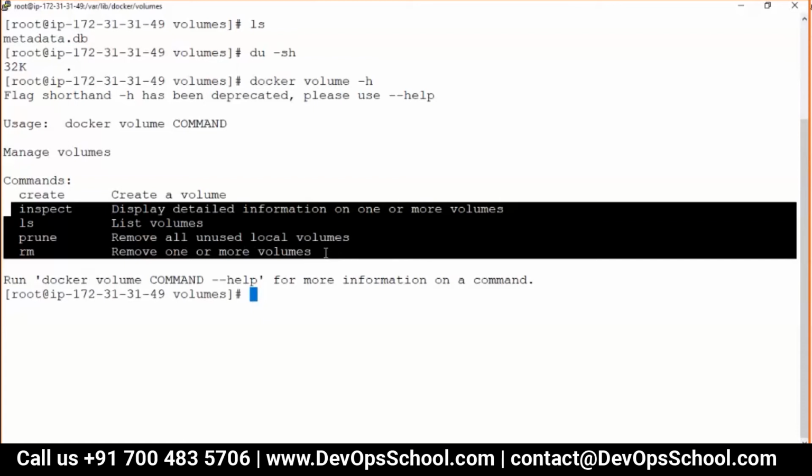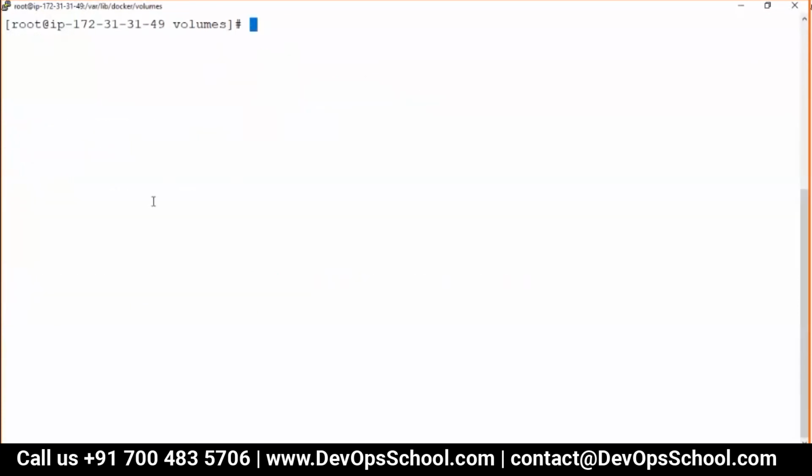Yep. Now I am going to create a volume. How can I create a volume? So docker volume create. But what volume do I want to create? I will name it. If you don't name it, it will create a 40 character name, but I want to name it dev.